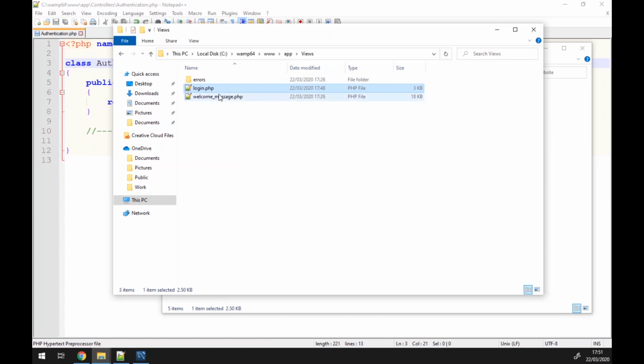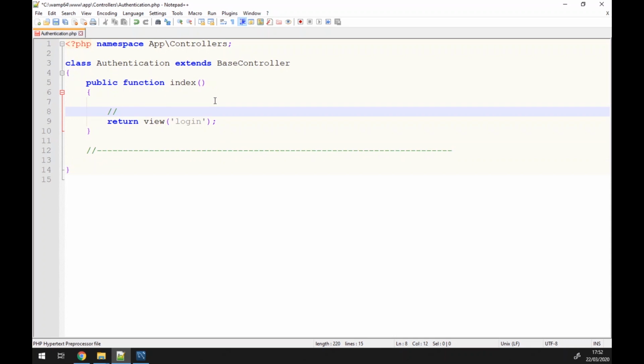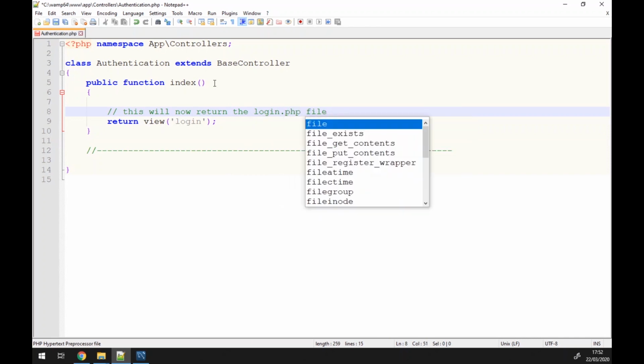Now at the moment, what I've got on here is just a file called login.php. And if we pop back to my controller, which I've got in the background here, you can see that I'm returning what's called a view. Again, a view just comes from model, view and controller. So a view is something that the user is going to see on the screen. Looking at this, I've got something called welcome_message in that. What I'm going to do is change this to login. The important thing to remember here is I do not need to have a file extension there, so it doesn't need to be called login.php, but this is essentially mapping to that login PHP file that we just created. So this will now return